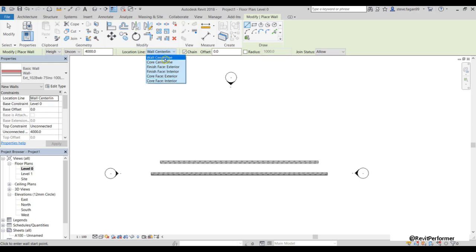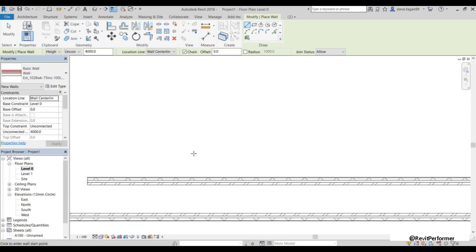With the first, which is the wall center line, I'm going to zoom in using my scroll wheel. When I click to start and move my cursor in the direction I want to draw my wall, you'll notice in the center there's a dashed light blue line. That is my location line. And as it's set to wall center line, you'll notice it's the center point of that wall.